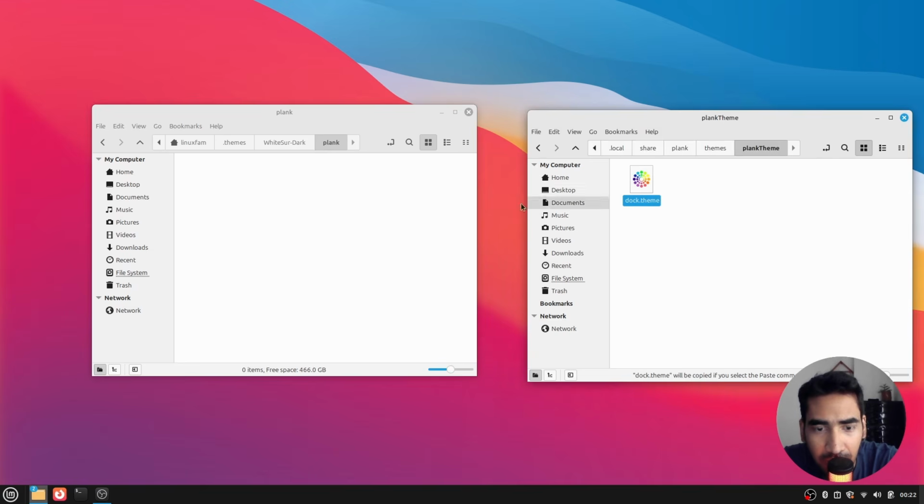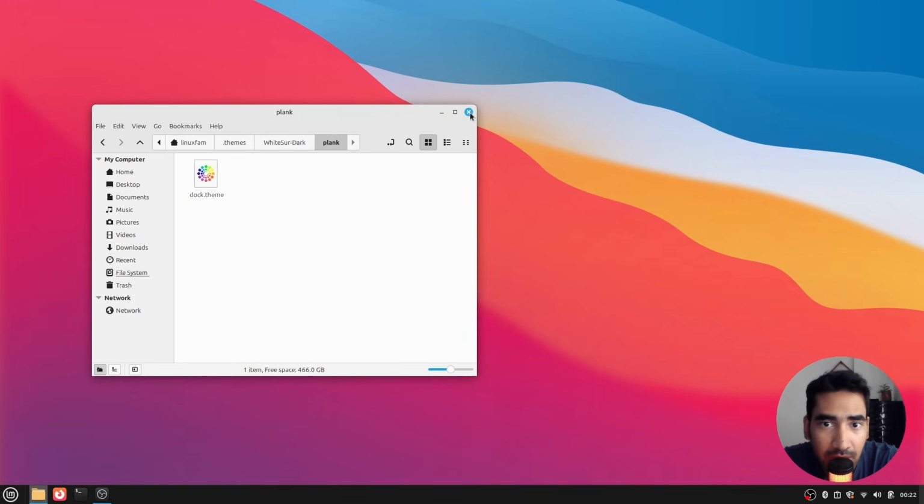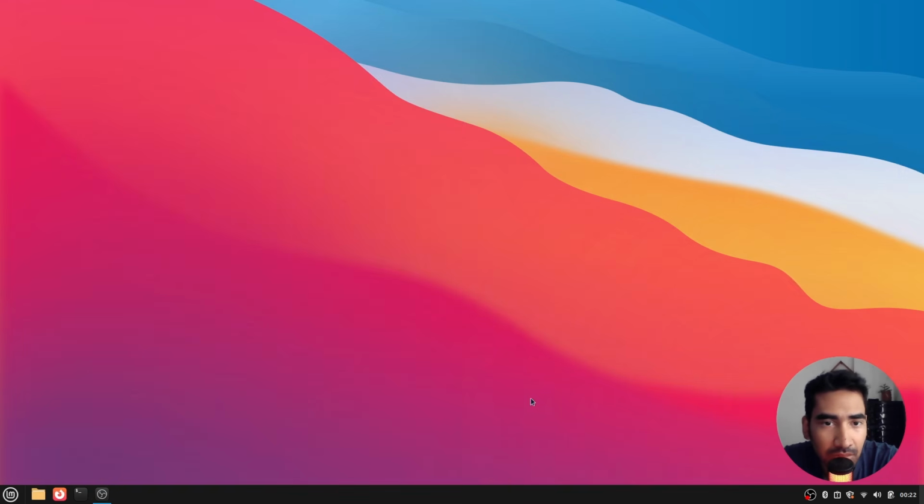You can replace or copy paste. You don't have to necessarily replace, just copy and paste it over here and replace this file, which is inside .local, share, blank, and then themes. All right, so once you've done all of these,